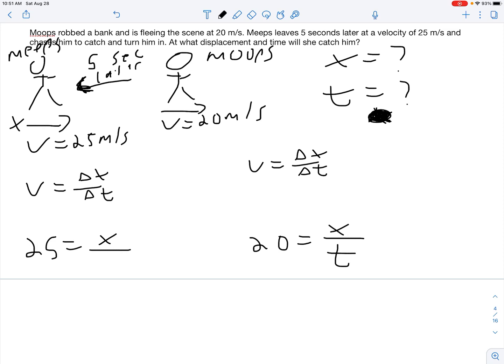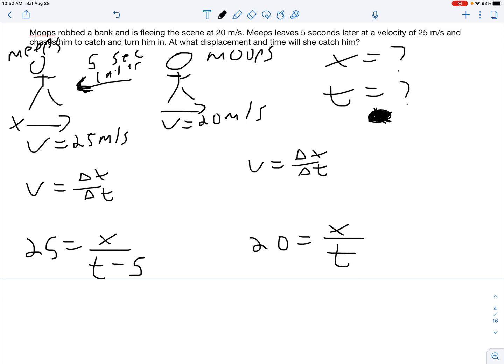So when Moops starts running, we're starting the time. So he needs to be at t equals 0. So when t equals 0, he is going. She starts later. So I'm going to put a t for her also, but does she get more time or less time? She has less time